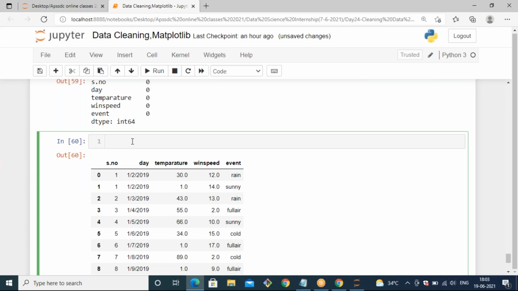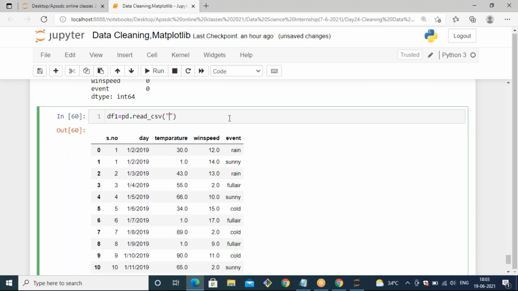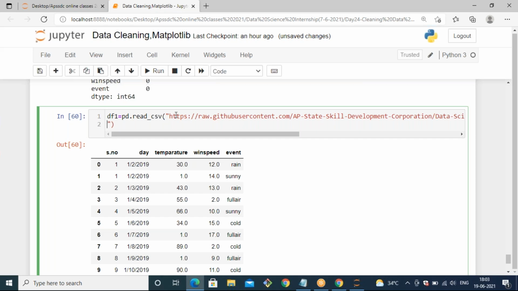For that, we are taking one more variable, df1 equals pd.read_csv, and just copy the file path, because we are going to observe how to fill null values with the mean of the columns.